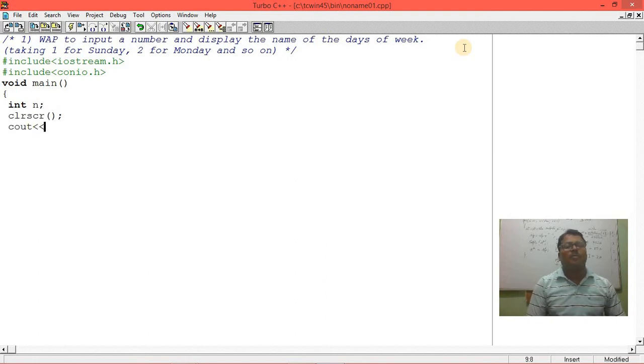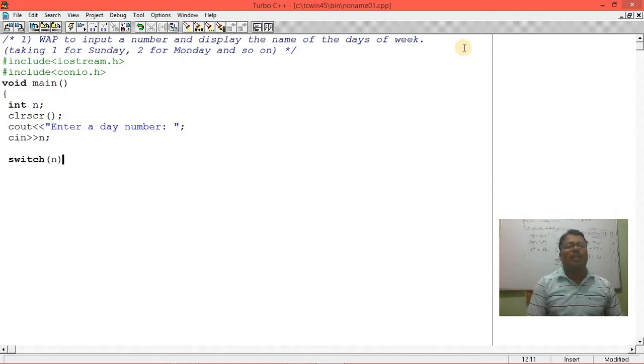So cout: enter a day number in a week. We can write it in this way also. Then cin n, since n is given, that's why we give n. After that we go to switch.